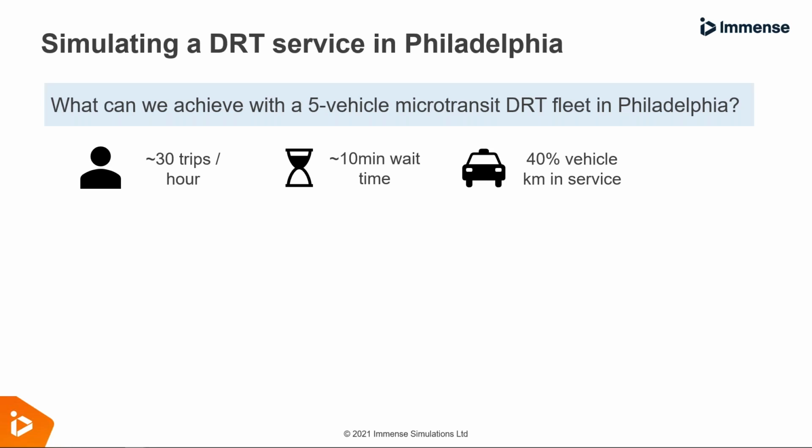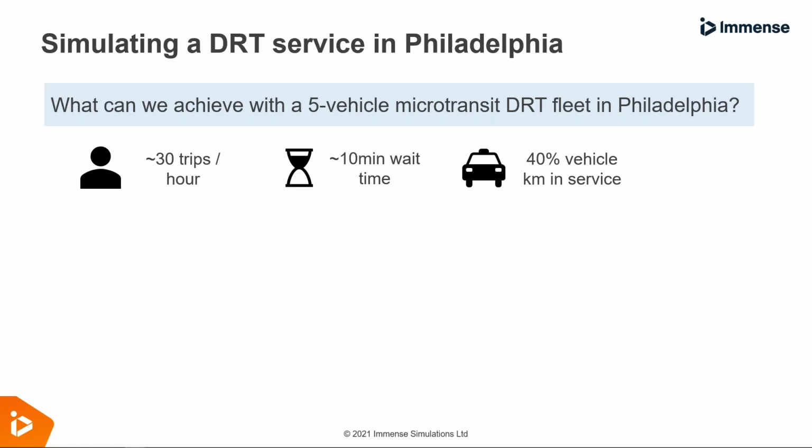And this is really interesting in two ways. So one is that from a sort of service level perspective, we're giving a much better service to passengers. So we're able to directly pick up people, cutting out the access time to the public transit system, and have it pretty much on demand. However, in terms of capacity of the network, it's nowhere near as good as what a fixed route line might be able to provide us.